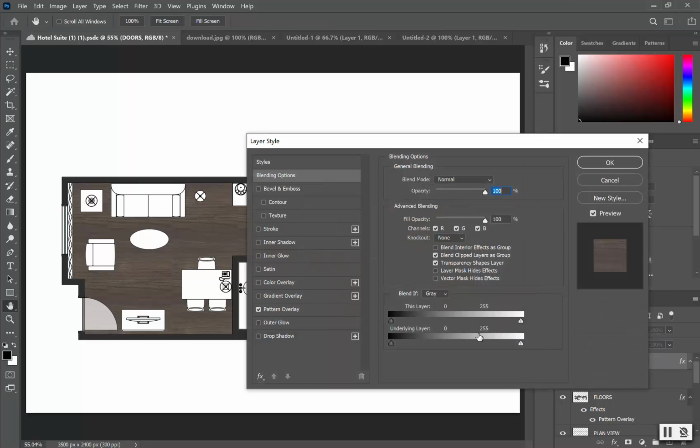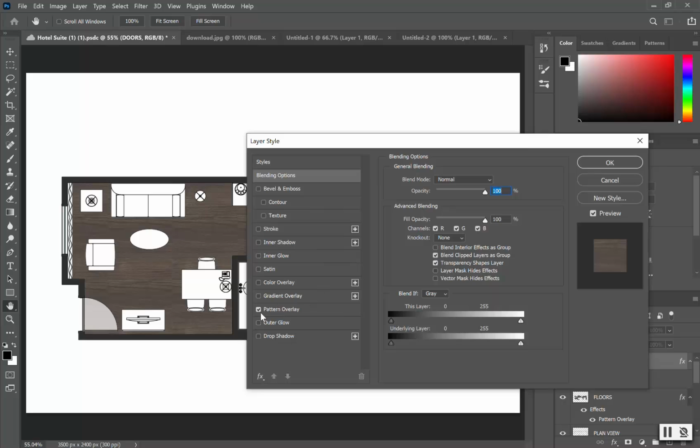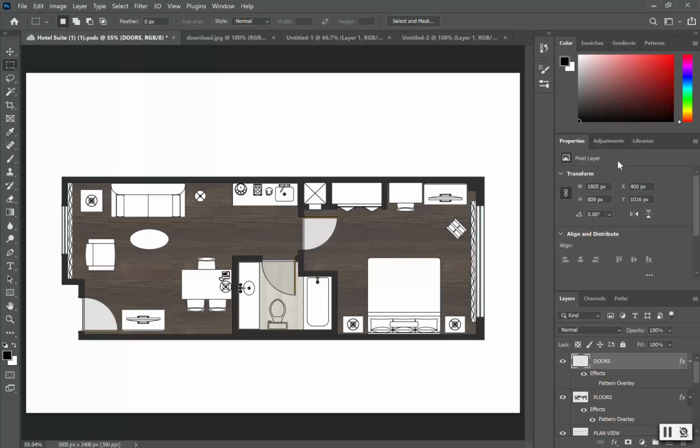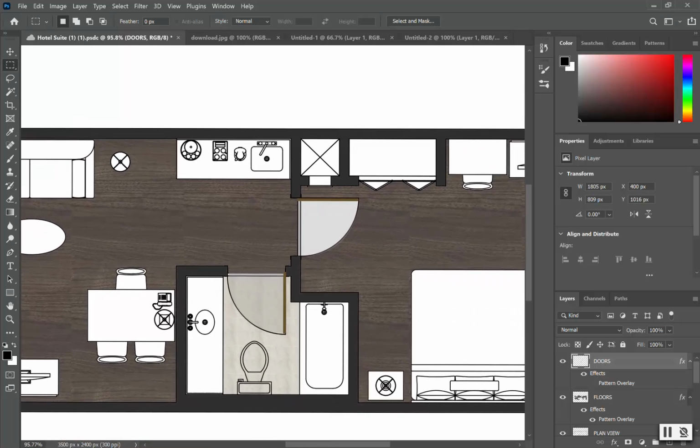I'm going to go back into my door layer and I'm just going to turn off my pattern overlay because it looks good no matter which way it goes. Thought I turned that off. Okay, there we go. Now let's go ahead and begin to scroll into this drawing. And let's say we want to give our